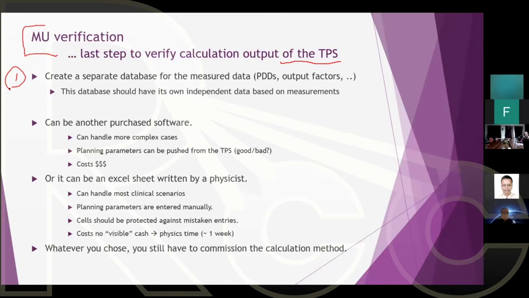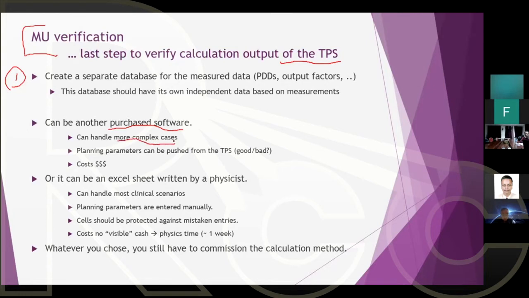The software might only take PDD, or might take PDD and TPR, or it will give you the option. It might only require SAD, output factor measurement, or SSD. So if you're buying a software, you have to commission it, of course, with your own measured data according to what the software wants. The good thing about having a third-party software is that it can handle more complex cases,